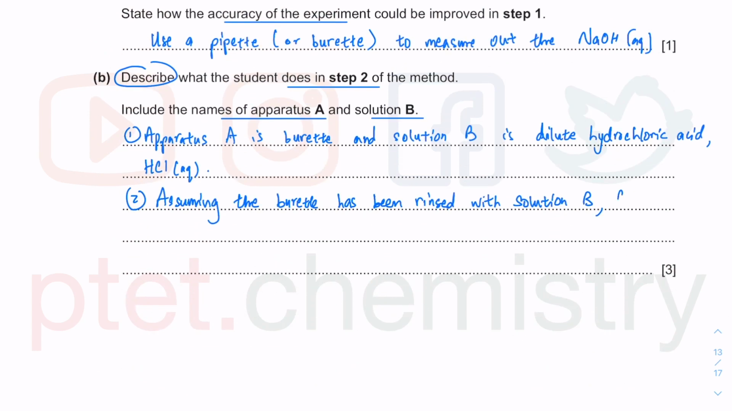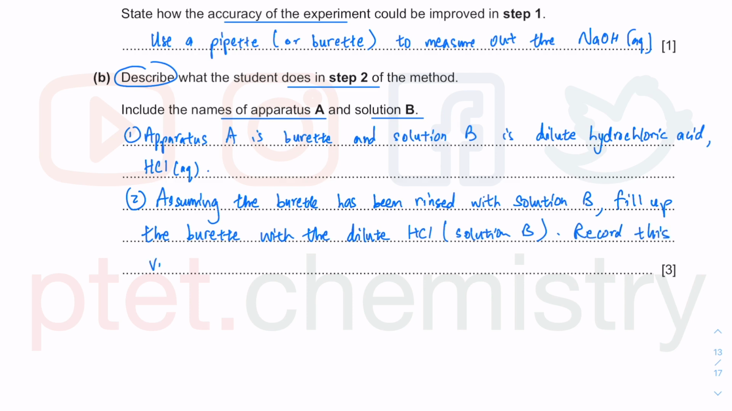After that, we got to fill up the burette with the dilute HCl, meaning solution B. Okay, record this volume as the initial volume. Okay, this could be 0.0